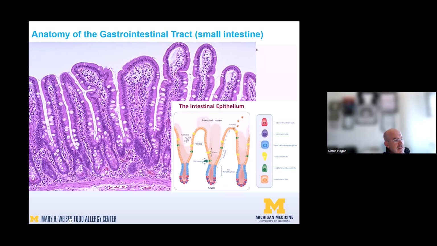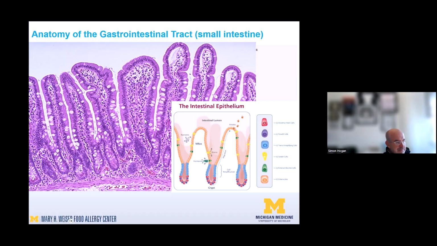The goblet cells provide the mucus. Enteroendocrine cells are also another cell population that are very important in providing hormonal regulation of gut content. And then you also have enterocytes, and the enterocytes are another lineage that are involved in metabolism of proteins